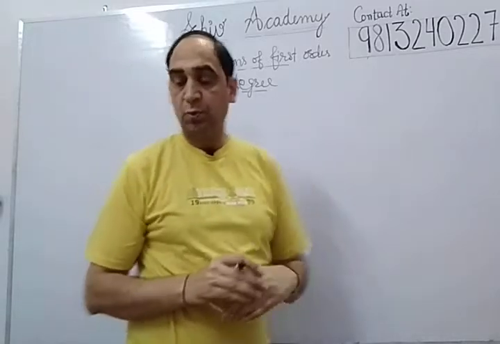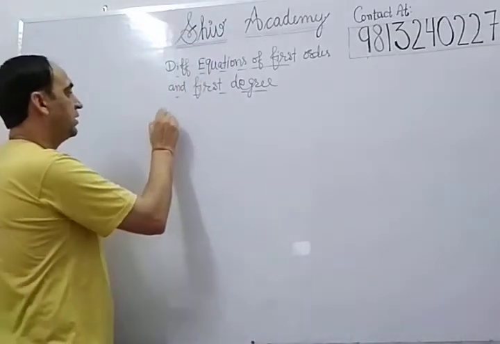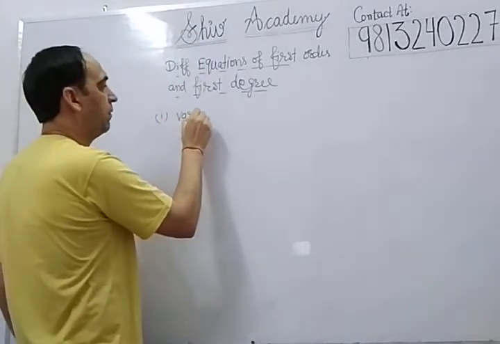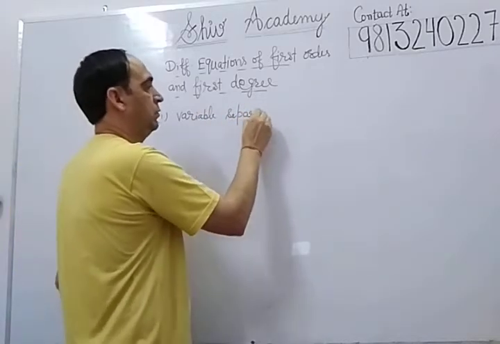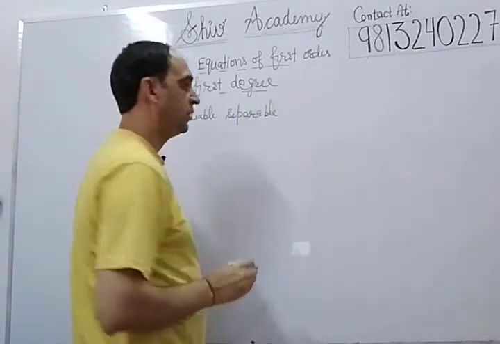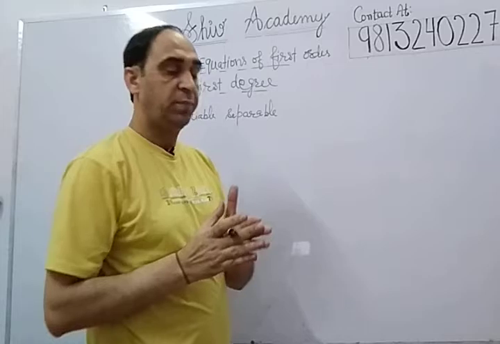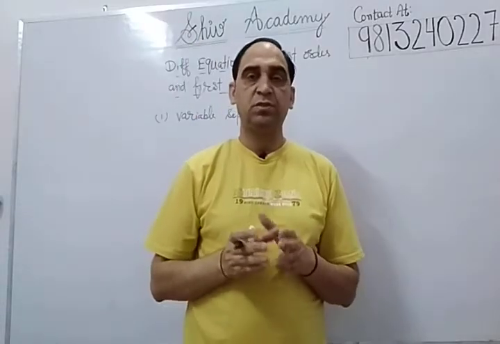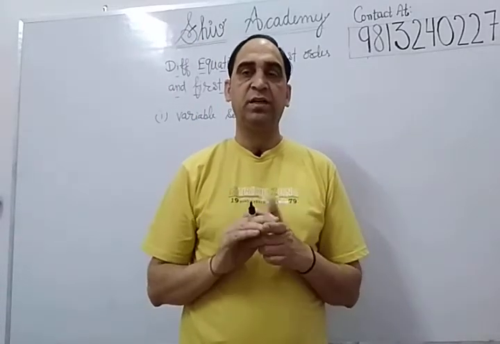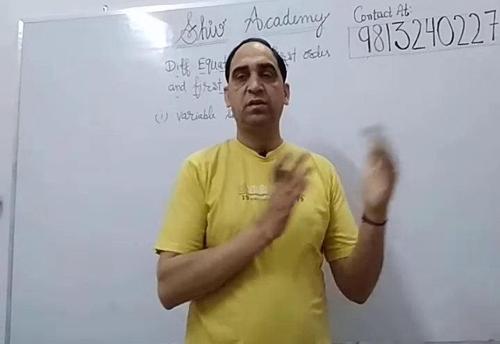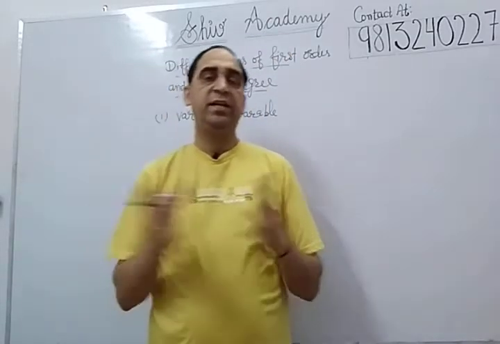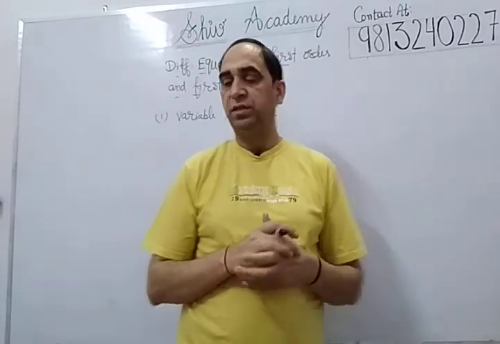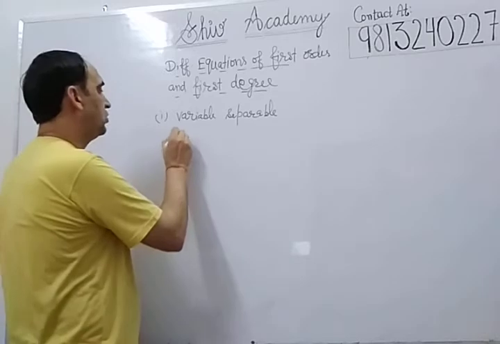First, suppose we can say, variable separable. First method is variable separable. In this, what we do is separate the variables. Separating the variables means, just like we are taking two variables x and y, we take terms of y on one side, terms of x on another side, then we integrate and then we get the solution. Okay. Second one is homogeneous.